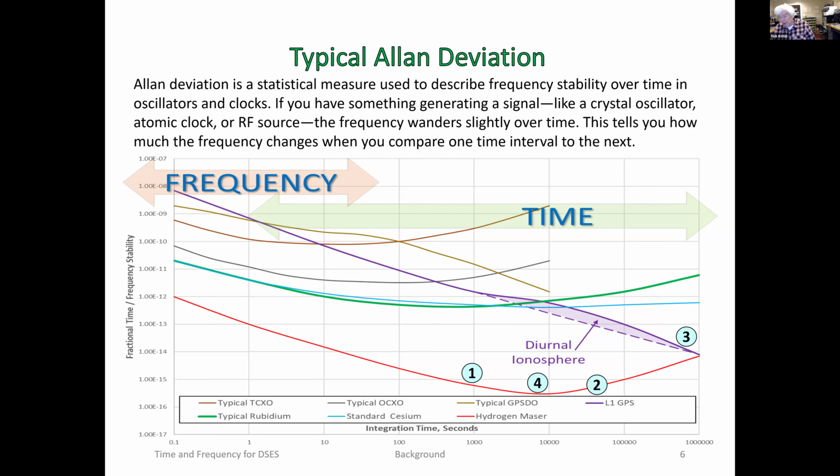So the longer you integrate, the better it is, except for that purple shaded area called diurnal ionosphere, and that is a particularly nasty problem because the GPS signals are correct, but the ionosphere is distorting the GPS signals,